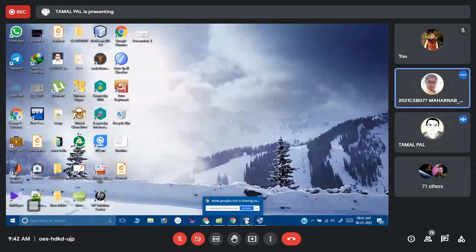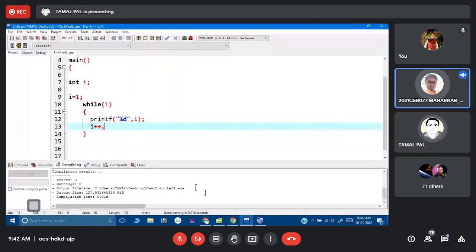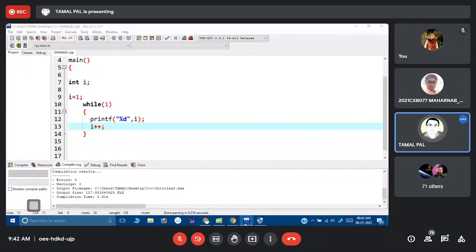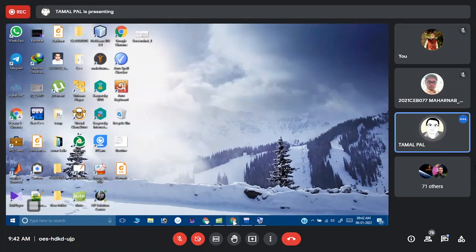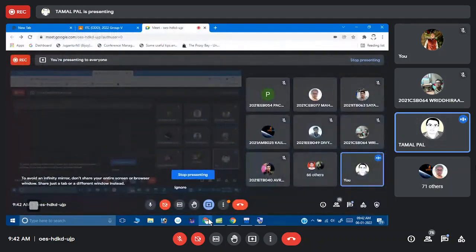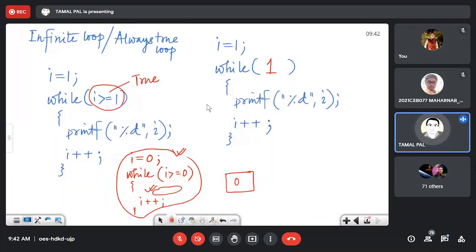Sir, I have a question. Sir, where is it practically used? A very good question. Sometimes we need to artificially increase the time gap. That means a certain amount of time gap is required, a time delay. It may be a little hard for you to understand, but let's say I am sending one packet in a networking experiment, and after some time I need to provide a gap, and another packet I need to send like this. This is not the absolute example.